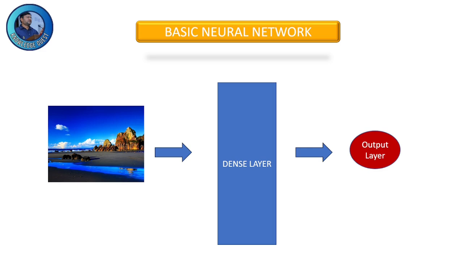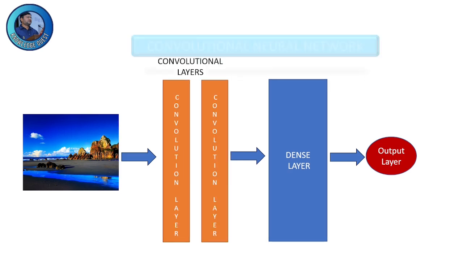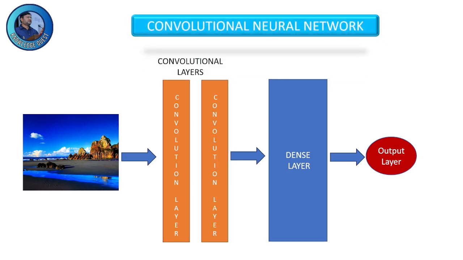But this kind of design doesn't work efficiently for images because objects can appear in lots of different places in an image. The solution is to add one or more convolutional layers to our neural network. These layers will help us detect patterns no matter where they appear in our image. It can be effective to put two or more convolutional layers in a row. So in this design we can see that with two convolutional layers and a dense layer, this would work for